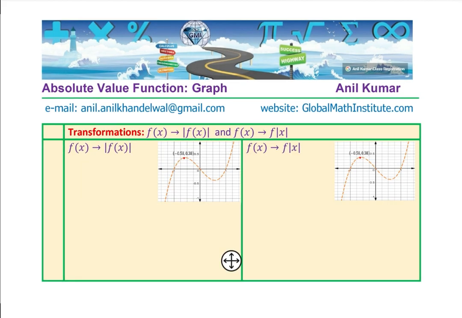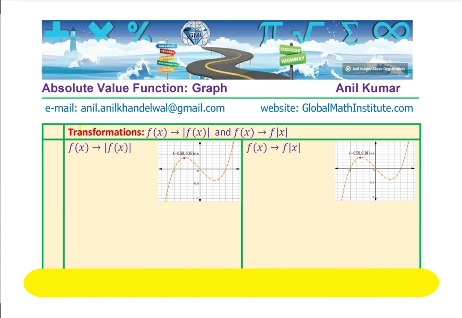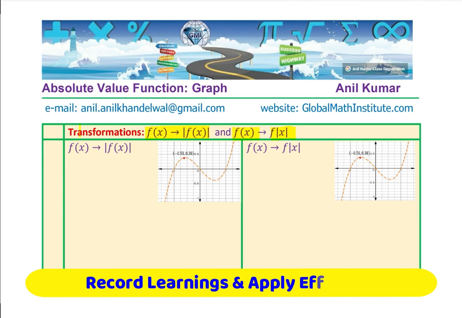So in this particular video, we are learning how these transformations from the function to absolute value of f of x and from function to f of absolute value of x can be summarized. Let's take it one by one. So when we talk about f of x transformed to absolute value of f of x, then what really happens is that if